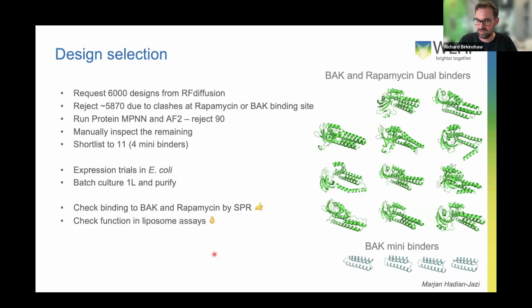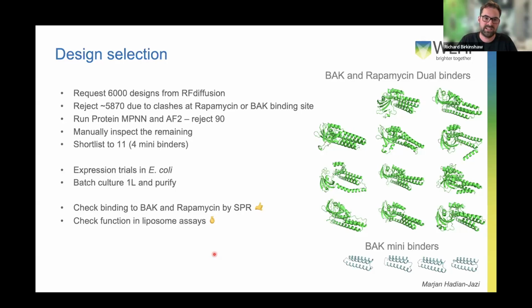The other thing we did was because this was quite a big challenge and we were trying to establish these techniques at WEHI, we wanted to make miniaturized versions of the anti-BAC. This is a more simple task as you're just trying to create a binder and we already have an established binder. So here we made these shorter versions of anti-BAC and from them, designing 30 through RFdiffusion in this pipeline, selected 4.